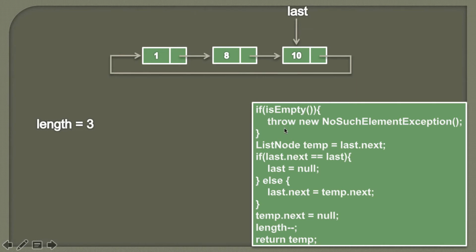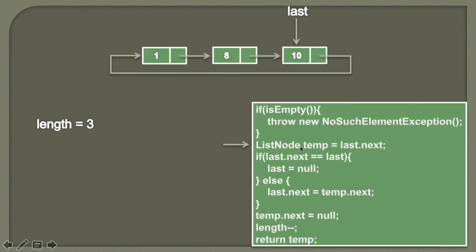So friends, below is the algorithm to remove the first node from a circular singly linked list in Java. So let's see the demonstration of this algorithm step by step. The first thing we do is we check whether the circular singly linked list is empty or not. If you see, circular singly linked list has 3 nodes and length is 3, therefore it's not empty. So the condition in if block comes out to be false. Moving ahead.